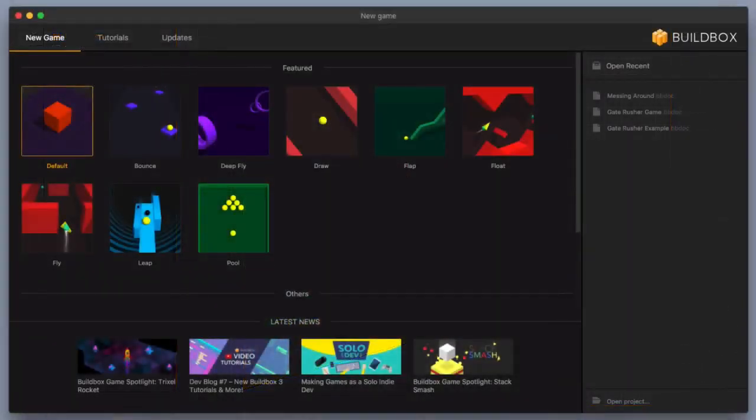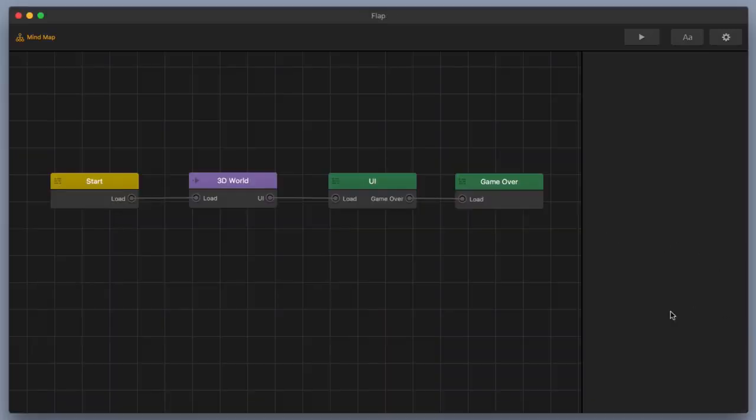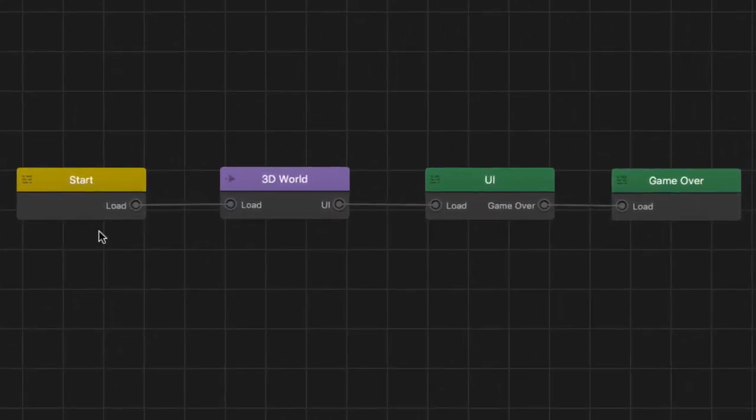I'm going to go over here to the flap template and I'm going to just double click on my flap template right now to get started. Okay, so you should start off with something pretty basic. You've got your start node here that leads to your 3D world where you're able to play and use the different buttons that you've got on your user interface. And when your character is defeated, it's going to set off the game over event observer, and then you're going to go over to the game over UI, which is going to allow you to restart your game